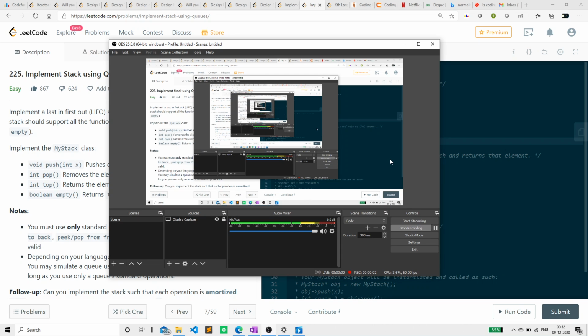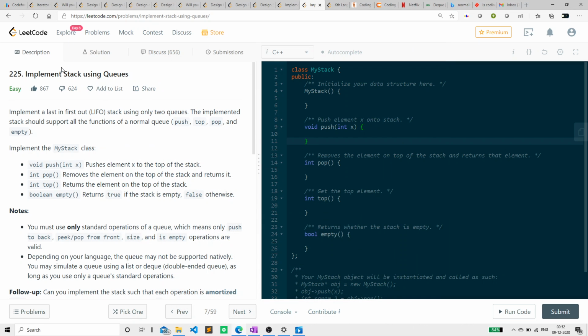Hello everyone, this is Anmol Gera, and today we're going to see a very tedious and interesting question. It's a LeetCode easy question, but it's not that easy. The question is implement stack using queues, and I'm going to show you how to implement stack using a single